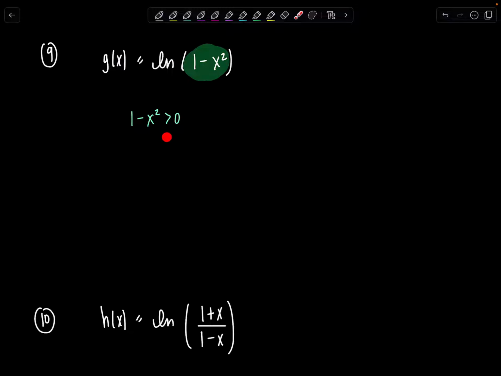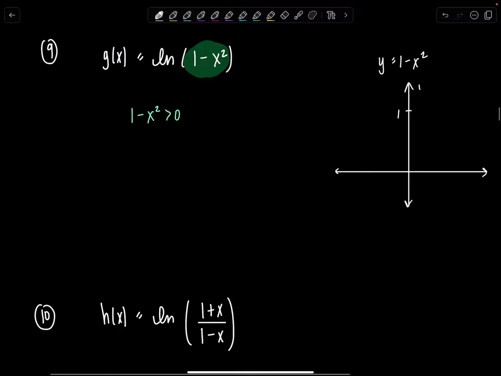Because basically this is saying when is 1 minus x squared greater than 0, or above the x-axis. So y equals 1 minus x squared. Hopefully you remember, it's a parabola. y equals x squared is a parabola. This one's opening down, and it's been shifted up 1 unit because of the 1 there. So, parabola opening down, shifted up 1